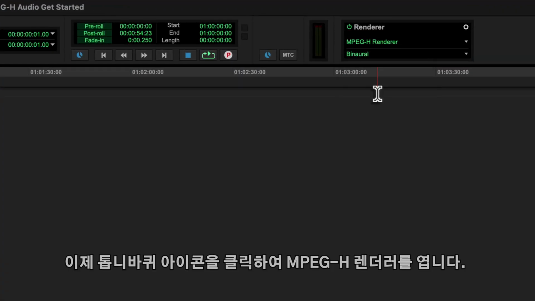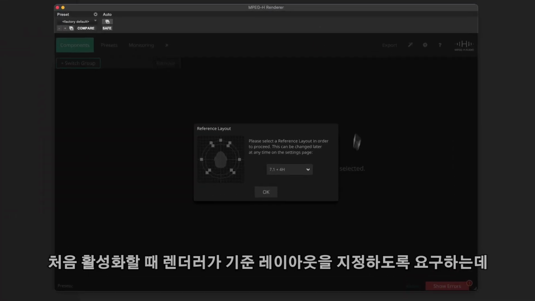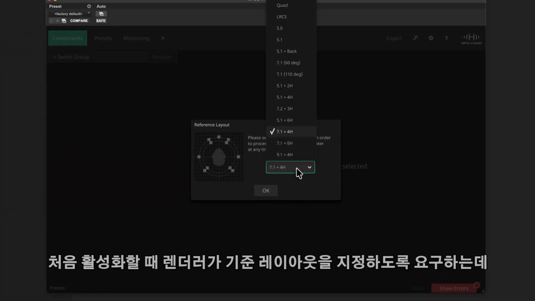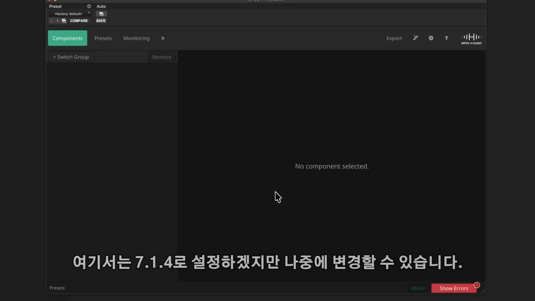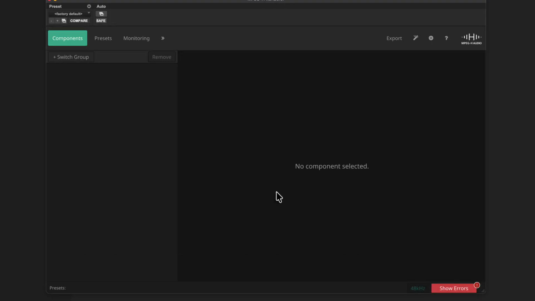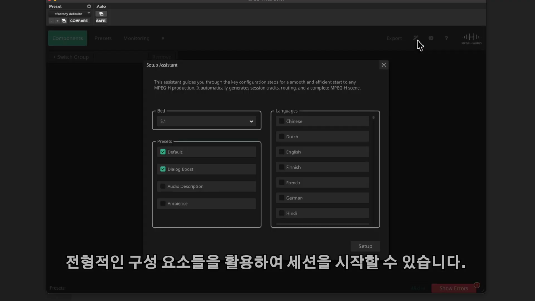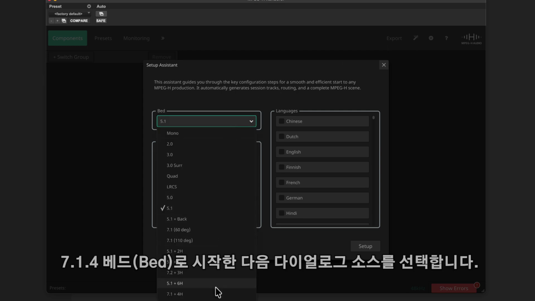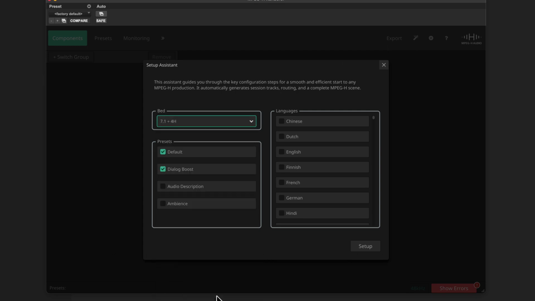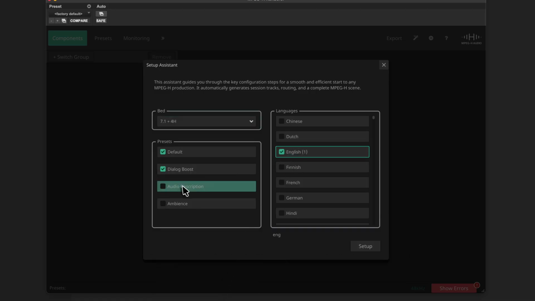Now open the MPEG-H renderer by clicking the cog icon. When first activated, the renderer asks what the reference layout is. I'll say 7.1+4, but this can be changed later. The Setup Assistant lets you start building your session from some typical building blocks. I'll start with a 7.1.4 bed, then choose Dialog Sources. My project is only in English, but it does have an audio description track, so I'll add that to the